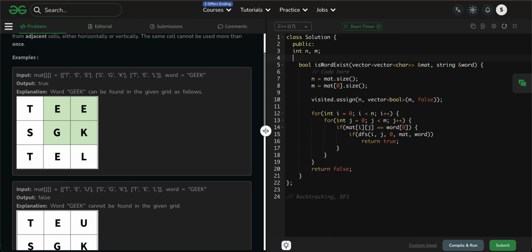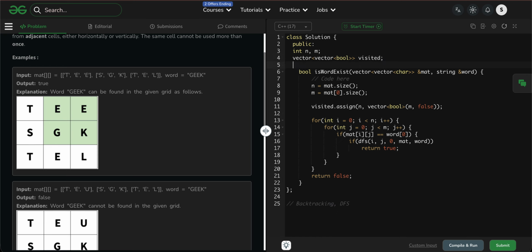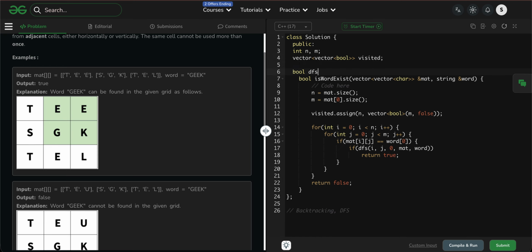Now we have to write the DFS logic. Before DFS, this visited line is global, so it should be a vector of vector int, because this is the n and this is the m. For that reason we use vector of vector int in place of bool, sorry, my bad, for visited. Now start the DFS: int i, int j, int idx,